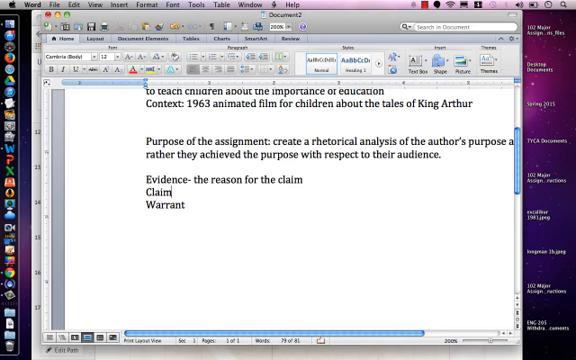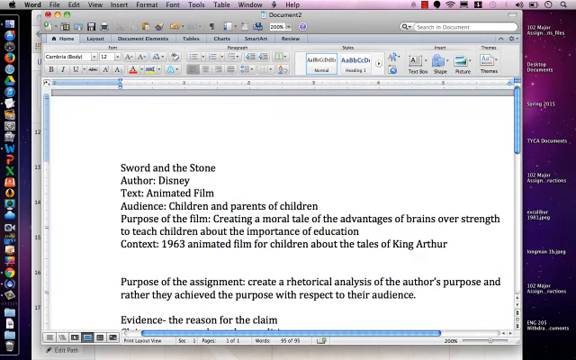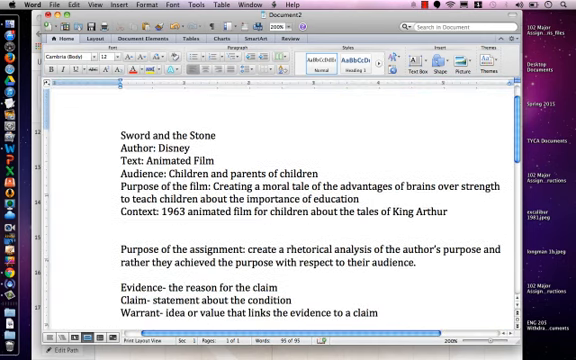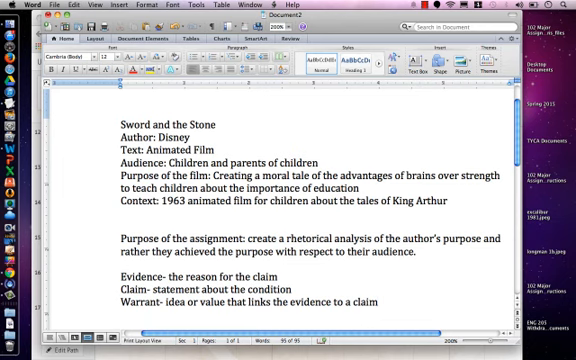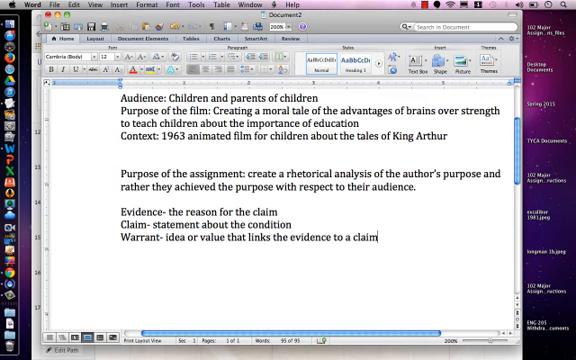The claim is the statement about the condition. And the warrant is the idea or value that links the evidence to a claim. Okay? So I've got all these ideas here about it, and I know what the author's intended purpose is. And so I am going to just dive in and try to create this. And so what I'm going to argue, my argument